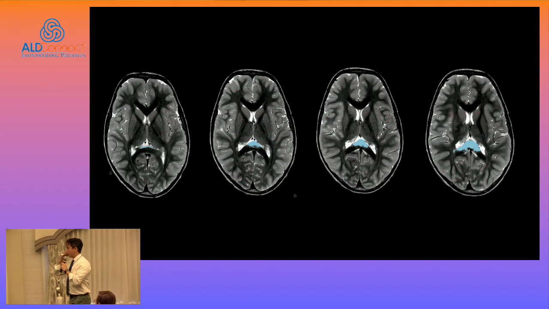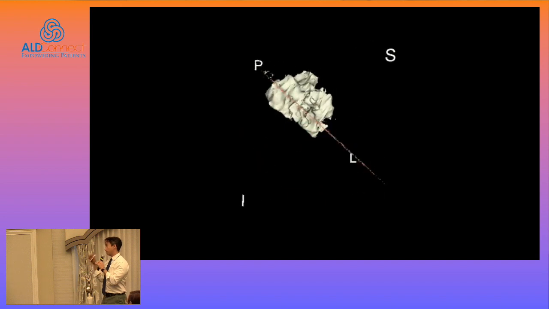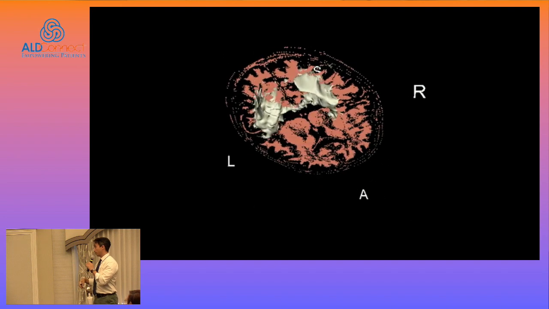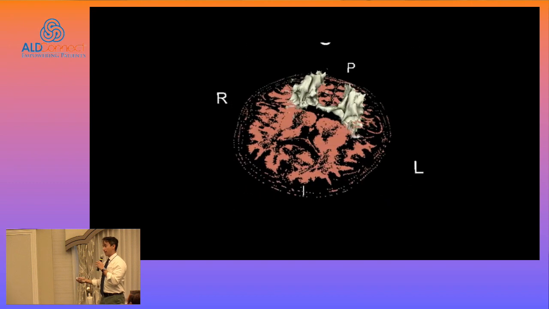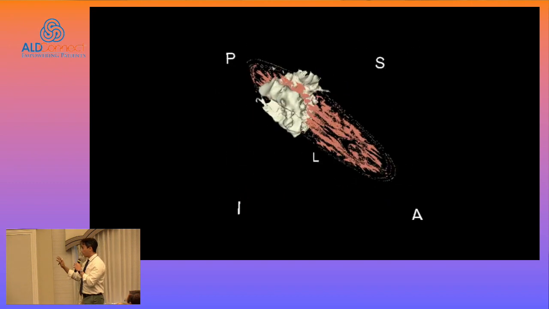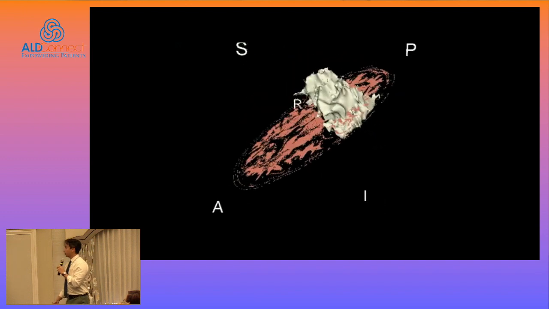So the question is then, how do we go from these tiny lesions? I've highlighted them in blue. This is at one time point, multiple slices, and then you can stack these together and get a volume. How do you go from this tiny lesion, and what does the biology look like between here and something like this? This is a patient with a LESS score of 11, and this is what cerebral ALD actually looks like. And our job is to never let it get there pretty much ever again.